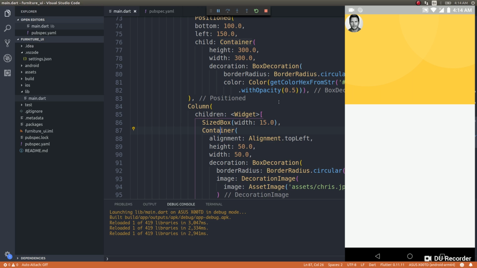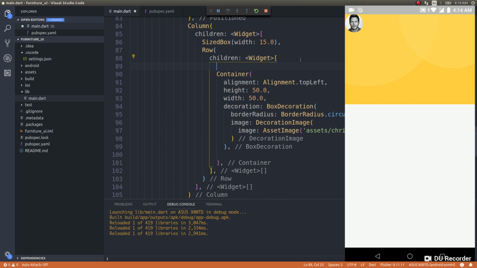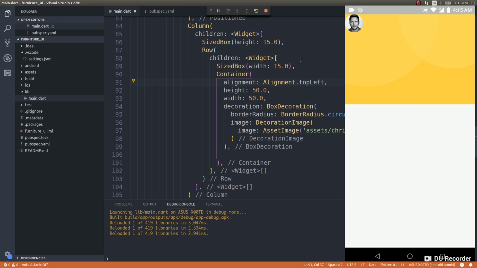So I'll move that inside a row, and here I'll give another sized box of width 15.0. This should be height. Fine. Now if we save this, oh sorry,